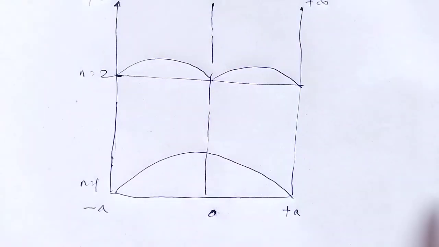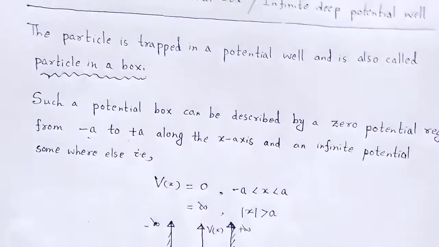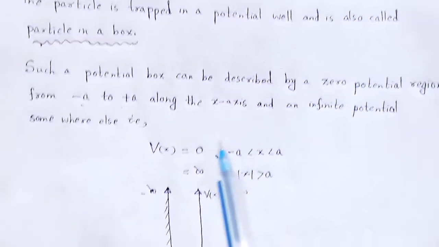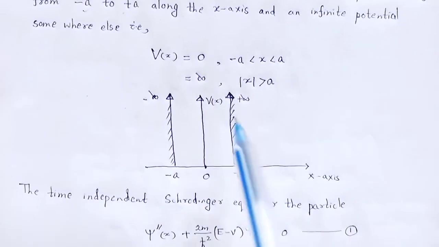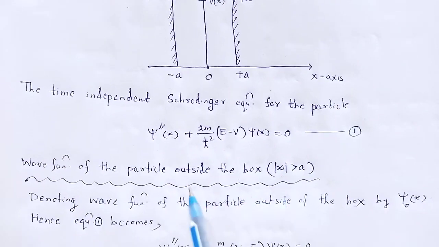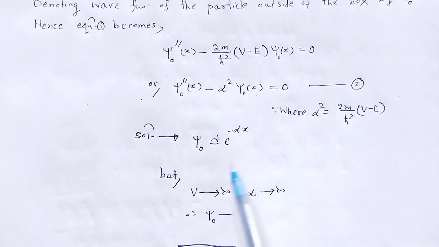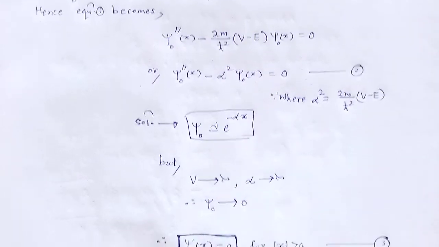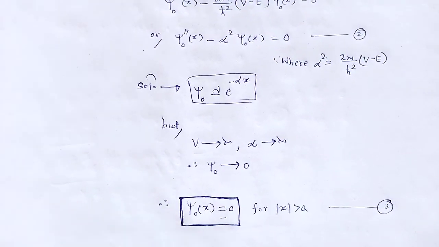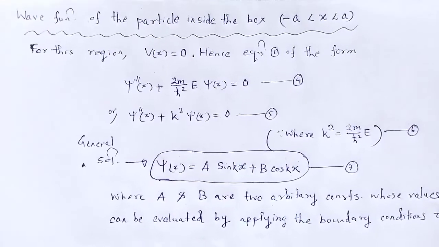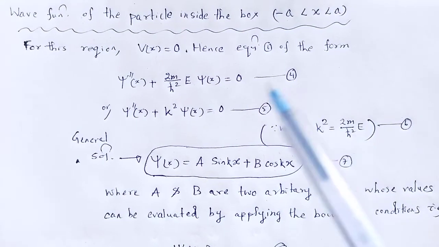With the help of this visual lecture, we understand. Let's overlook one by one. Particle in a one-dimensional box or infinite deep potential well. We take the potential region, the time independent Schrodinger equation. What should be the wave function outside the box? Its solution, and we get the solution. And again, the wave function of the particle inside the box, the minus a to plus a region, is this solution,